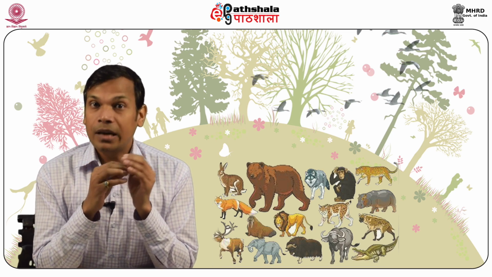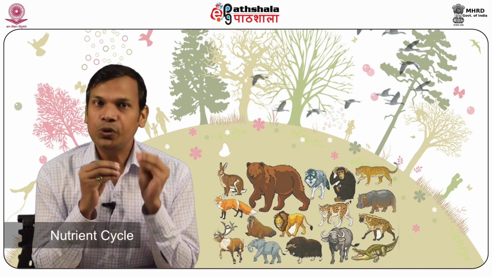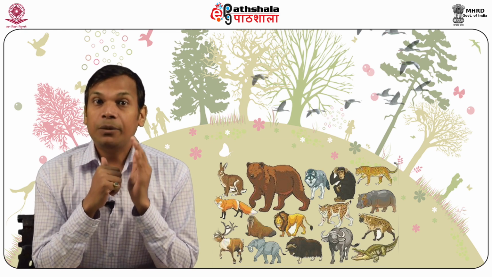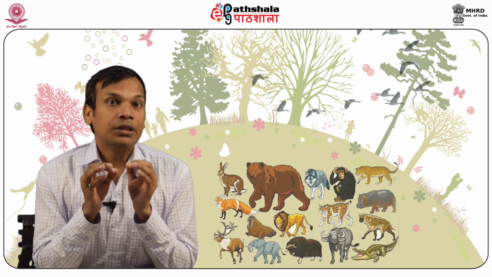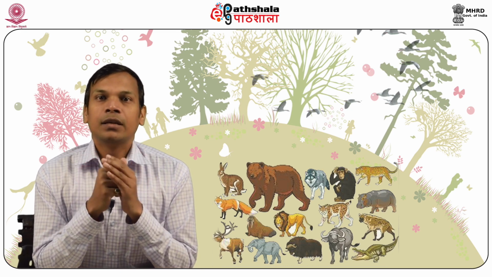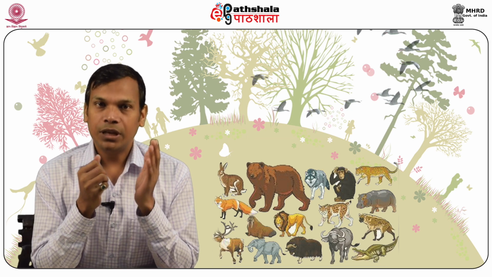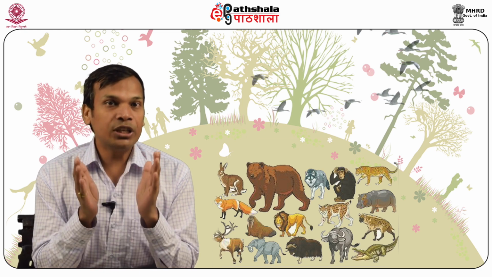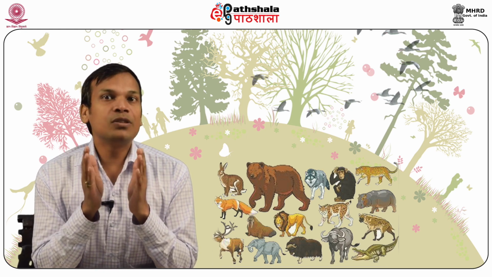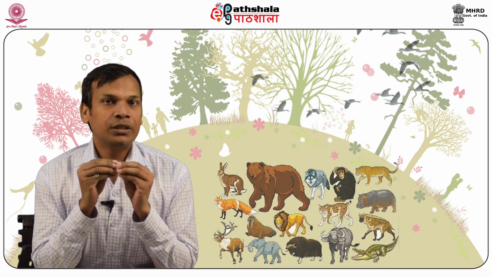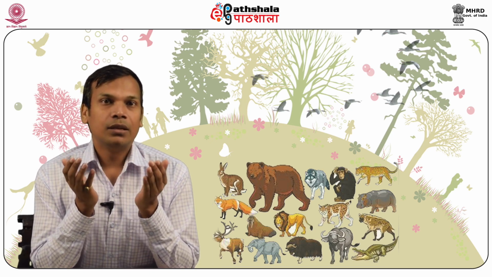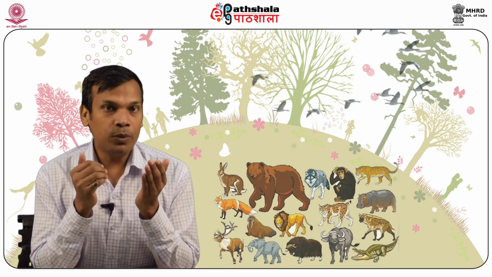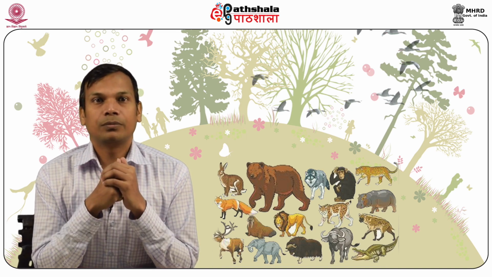Both food chain and food web maintain the nutrient cycle and energy flow through them. Food chains play an important role in understanding the feeding relationships as well as the interactions between organisms in the ecosystem. Food chains help in maintaining the ecological balance by sustaining the size of populations. Food chains also help to understand the movement of toxic substances in the ecosystem and the problem of biological magnification.